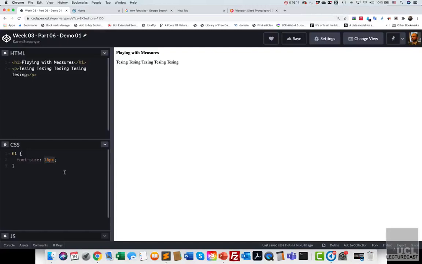Now, I would apply 2 EMs in this case, and we can see that 2 EMs, the size of the 2 EM, and we know that the size of the 2 EM is based on the value of the current font size that is applied to the parent of this particular element. So let's change this. Let's try and apply a new value to the body and say that the body of the element should have a font size